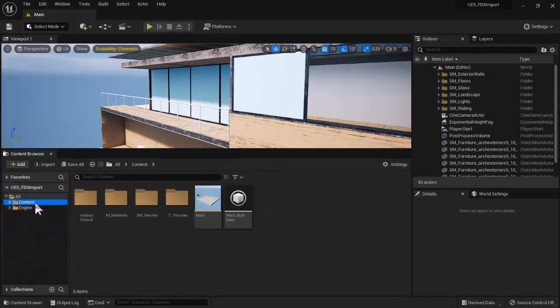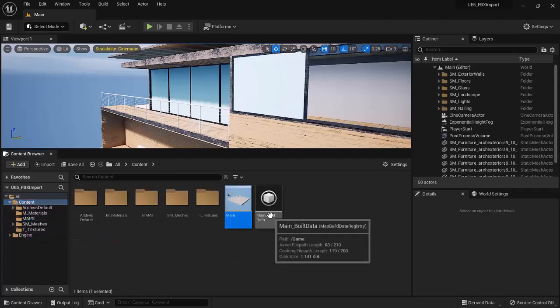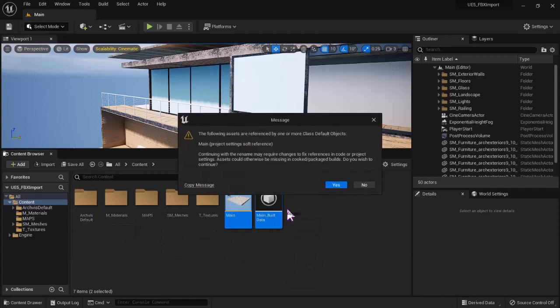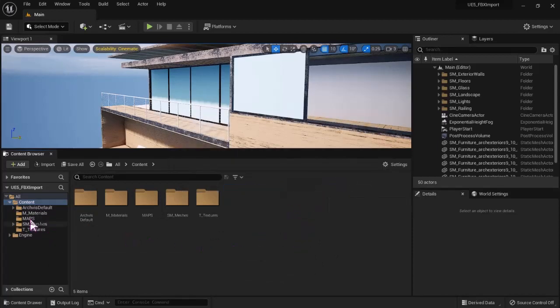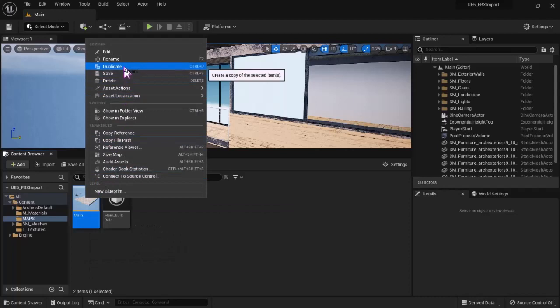Here, in this folder, I create a folder and I name it maps. I just want to open a file. It's not necessary to do this, but I want to describe it and talk about it, so I have to do this. Okay, this part, and then I drag these two files to maps. Move, yes. Again in maps, I duplicate this default level, and I name it